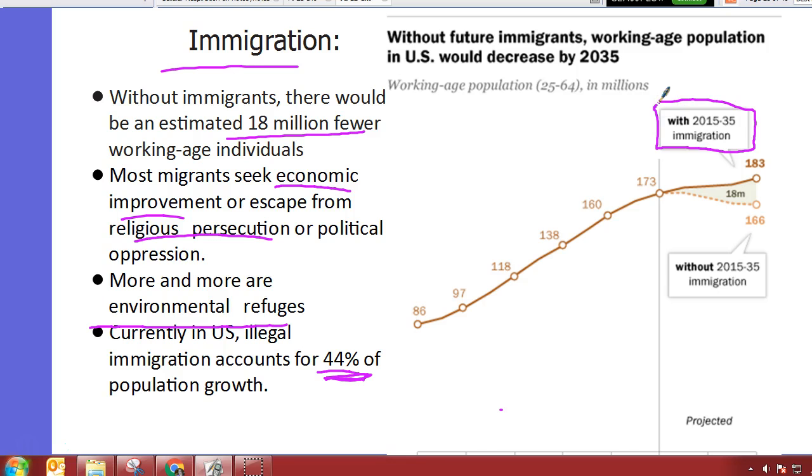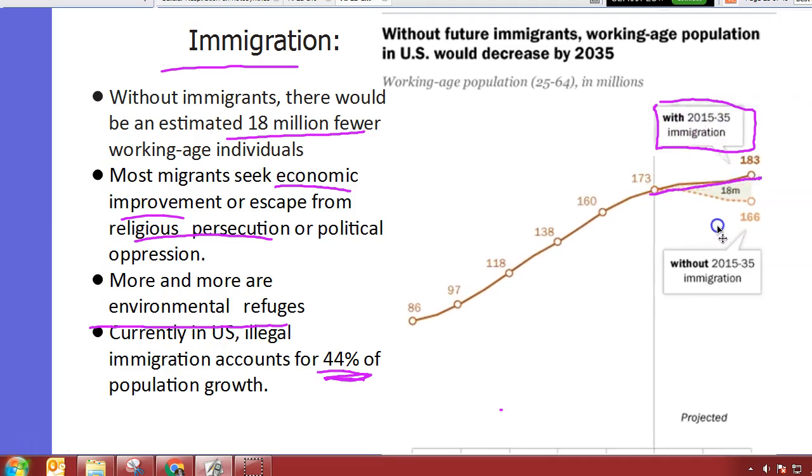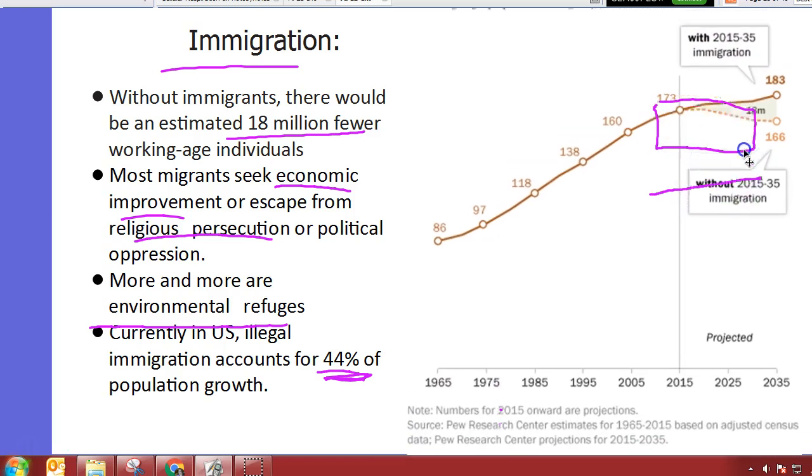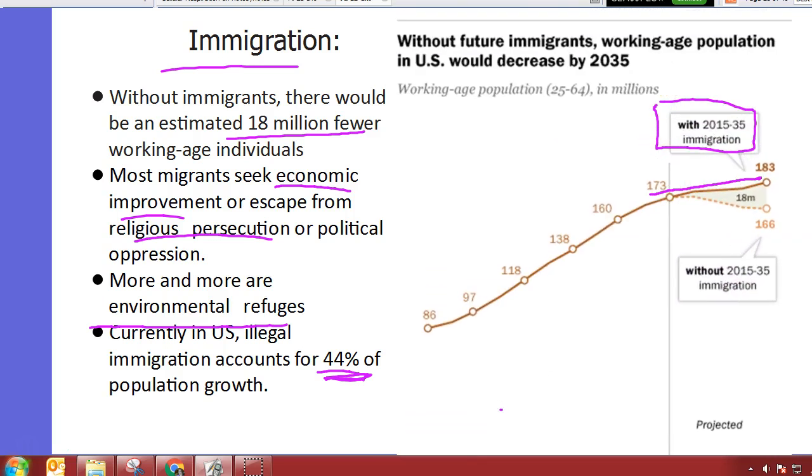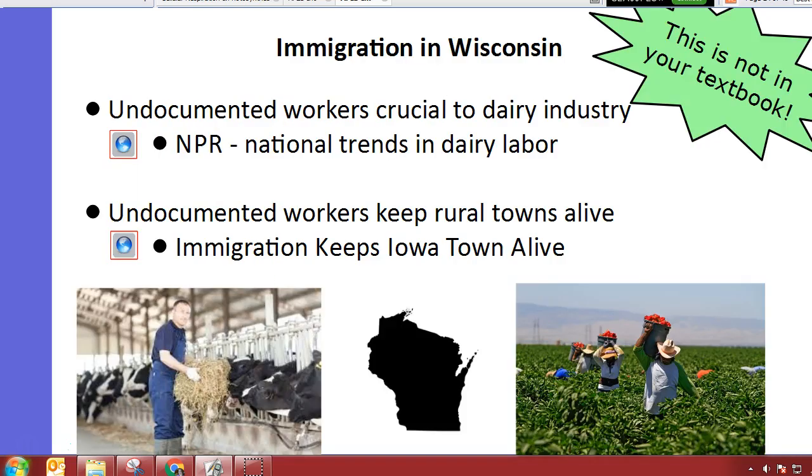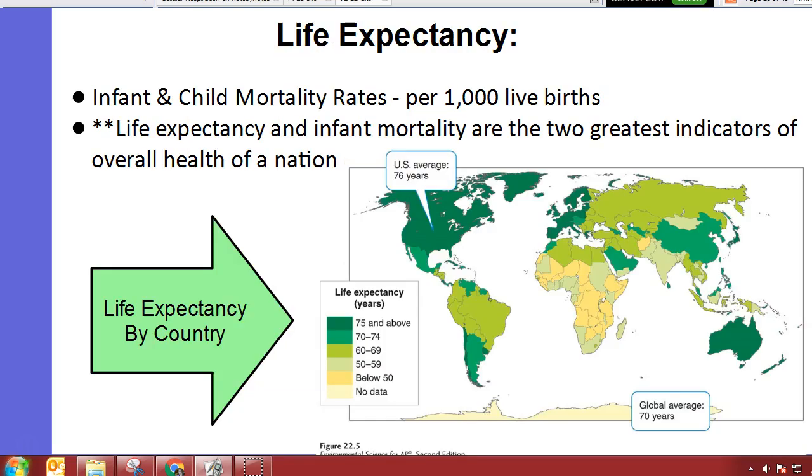And so they're saying if immigration continues as it is, right, a projected population, with that population in terms of